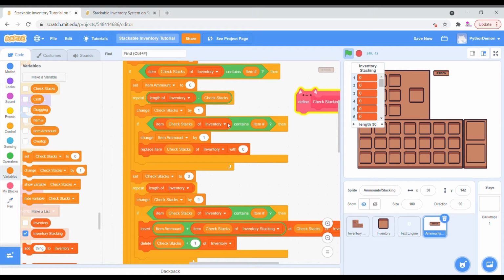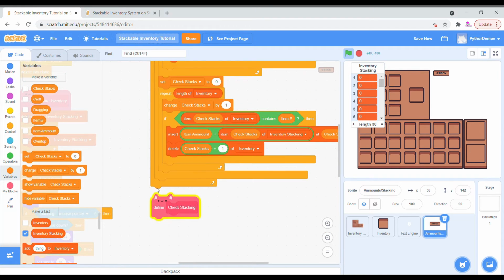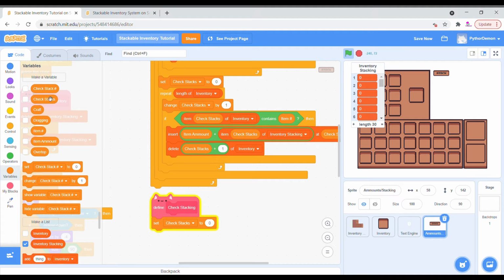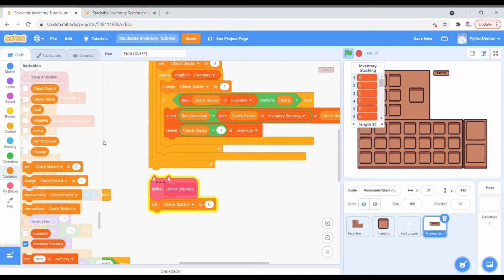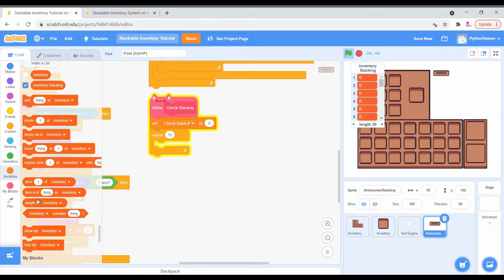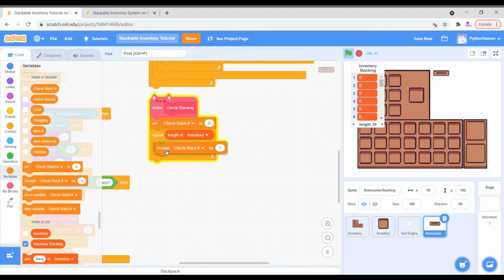So now we're going to do our check stacking code, which honestly isn't very complicated at all. Like it's a much smaller version of what we've just created. We want to set the check stacks to, and we're going to make it variable check stack number, or you can just name one check stacks -1 and check stacks -2. I'm just doing check stacks number, and we want to repeat the length of the inventory that we change check stack number by 1, and if